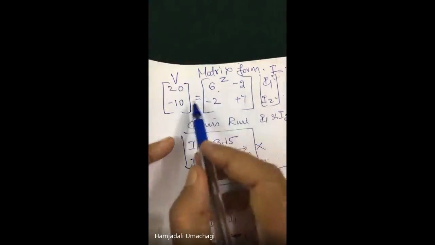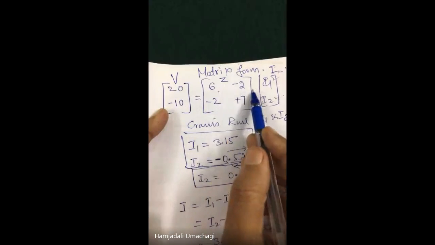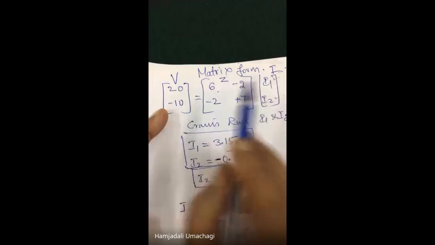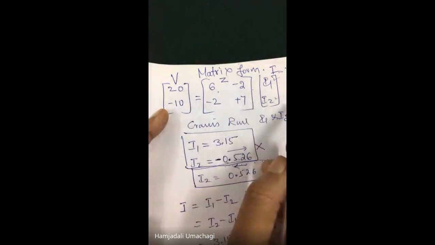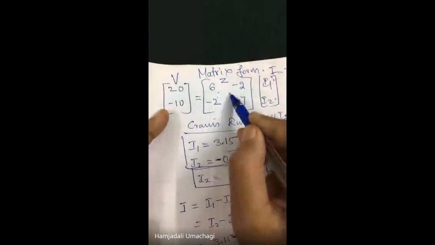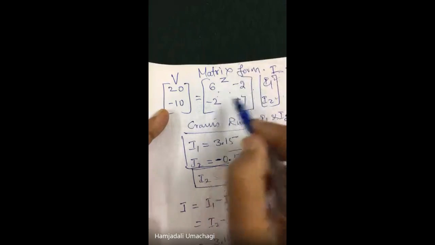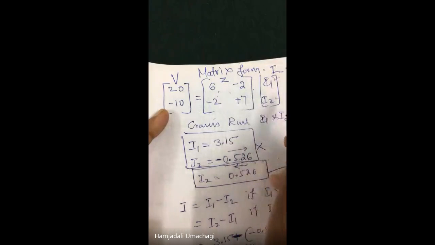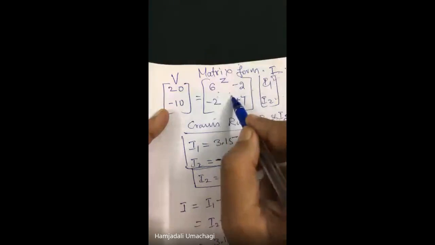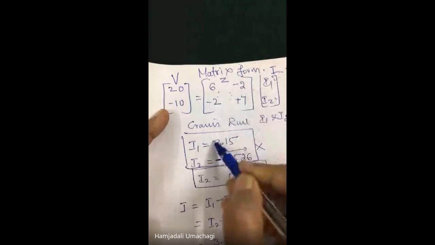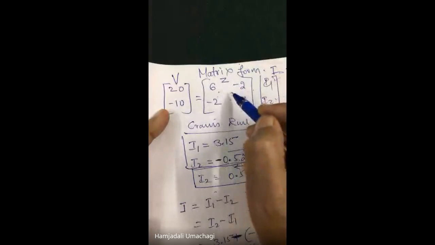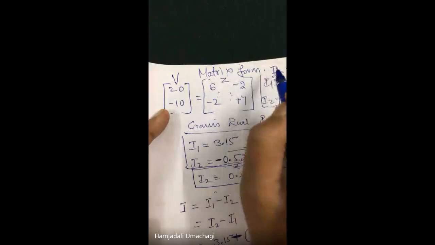Because you are all familiar with Cramer's rule, easily don't go for solution of simultaneous equations. There is a function in your calculator. You can solve such equations by using your calculator. Within a fraction of a minute, you will get these answers. You just check it and practice the same.